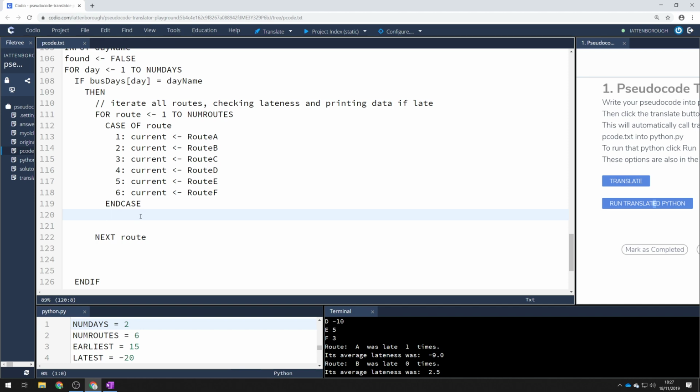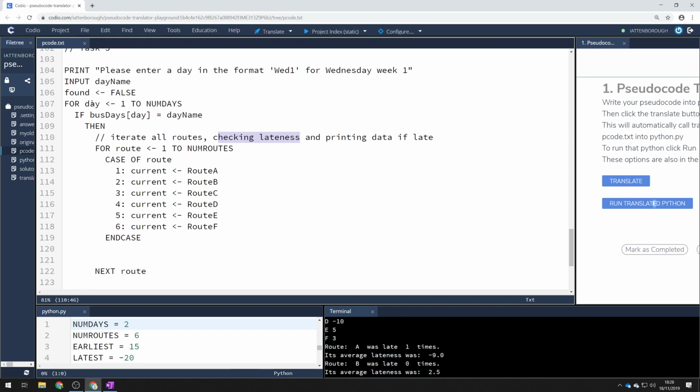So we can now say, checking lateness. So we need to check if it's late at the current position that we're looking at, which is day, because day is going from 1 to 20. So if current at position day is less than 0, then